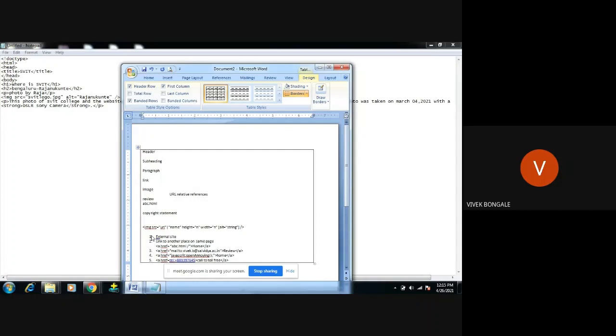If I want to mail, that also we can do with the help of a link. If we want to access any JavaScript program, that also we can do with links. Or if we have to show the telephone number, that also we can do with links. So we call these URL relative references.